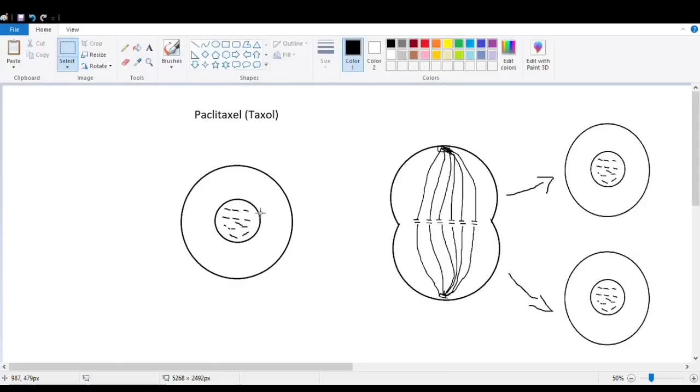So today we're going to look at the commonly prescribed chemotherapy, Paclitaxel, or Taxol. Being a chemotherapy, the objective of this drug is to stop cells from dividing. As we see here, when the cell divides, it ends up in two other cells. These are not drawn in proportion. These cells are supposed to be of an equivalent size. However, this is a dividing cancer cell, and therefore these are two other cancer cells